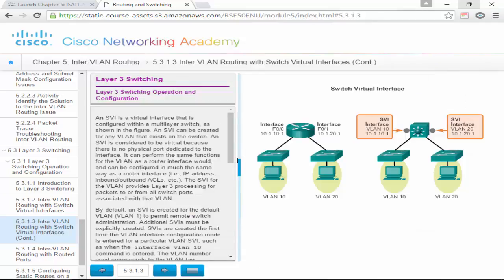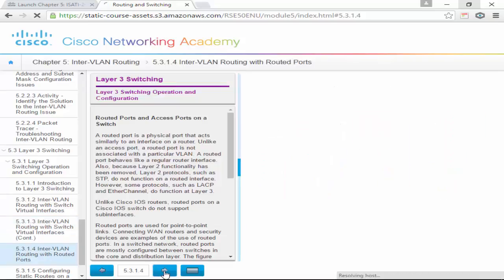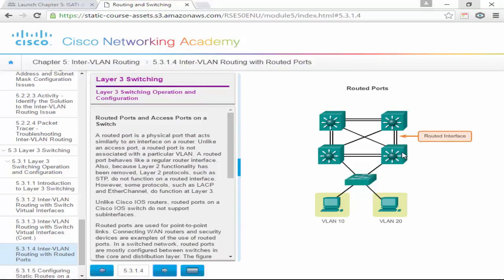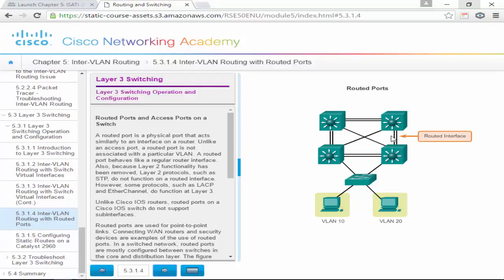So, what it's talking about here, right? SVI becomes your default gateway, like you guys saw. A routed port usually goes in between a router, but it could go all the way down to the access layer if we're doing layer 3 all the way down. But anyways, these are routed interfaces. Probably they'd be a routed EtherChannel, layer 3 EtherChannel. We can't do that with Packet Tracer, but you can do it in the real world. And